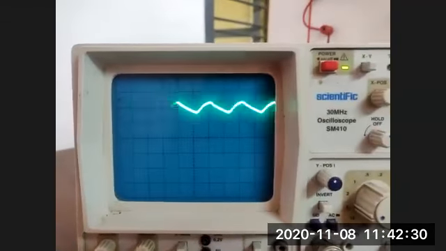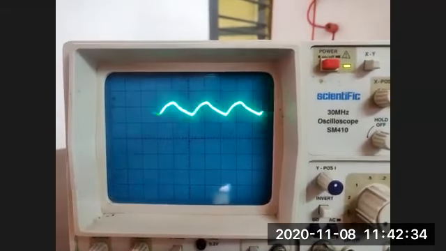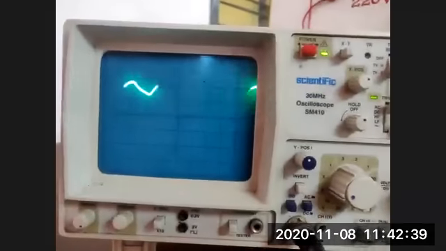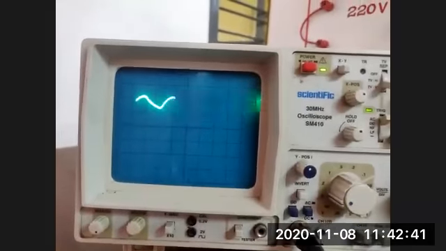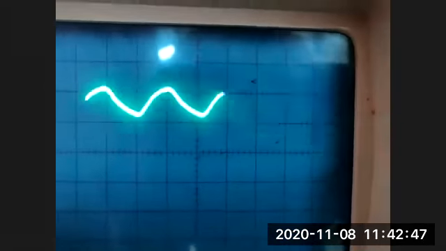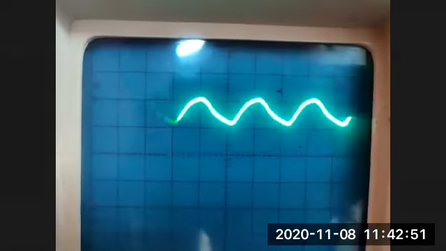So this is the full wave rectifier. By connecting the filter, you can observe the previous waveform here, with unwanted DC components. Ripples are reduced in the full wave rectifier by connecting the capacitor. That means the capacitor acts as a filter, which removes the unwanted components present in the output unidirectional DC waveform.